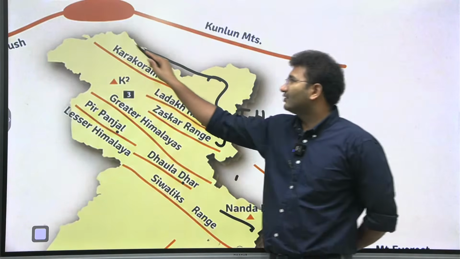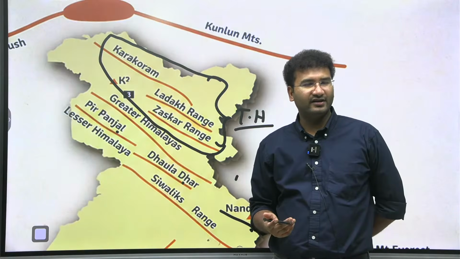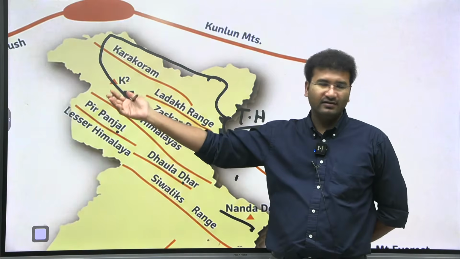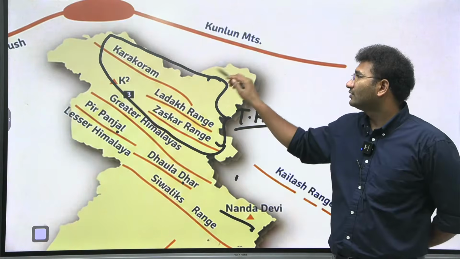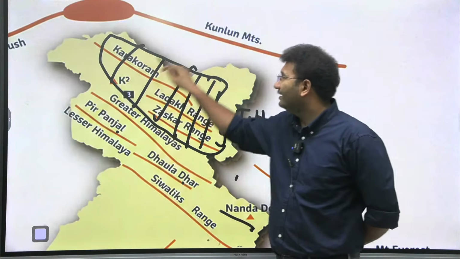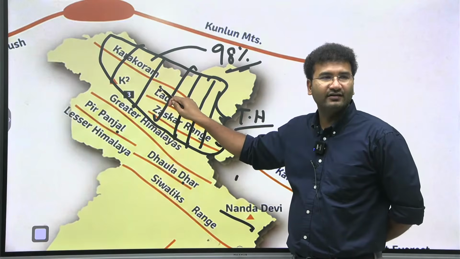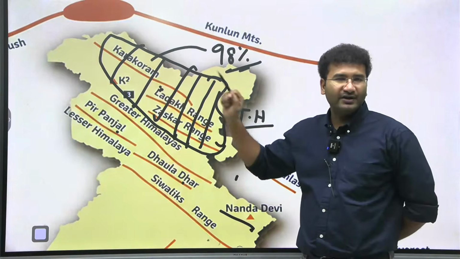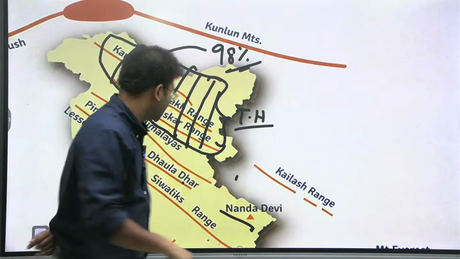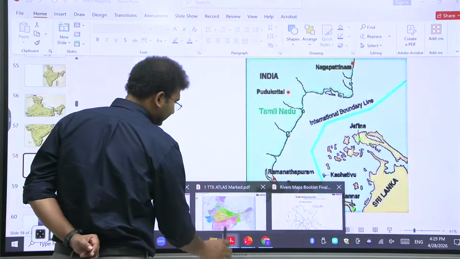The Trans-Himalayas are called trans because they are present on the Eurasian plate. Territorially, they are within India, but geologically, they are present on the Eurasian plate. This I have already told. So here you have Tethys Sea sediments. 98% of the lakes present in this part of the area are saline in nature. If you open your atlas, you can easily see Somorori and Pangong Tso. These are the 2 major lakes, and both of them are saline in nature.